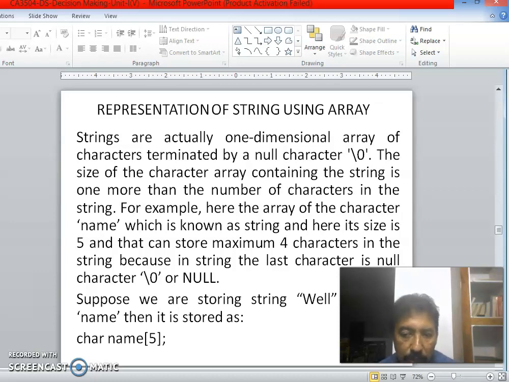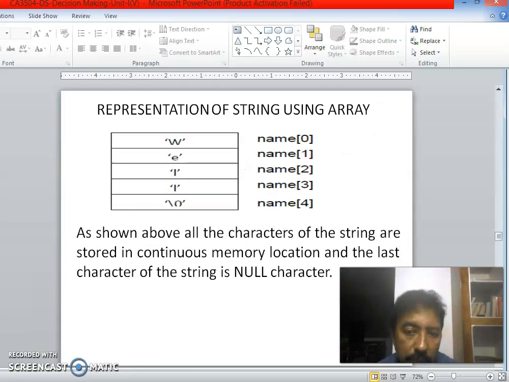Suppose you are interested in storing a word, then you declare an array of 5, and the fifth character must be a null character. That is shown in the diagram.